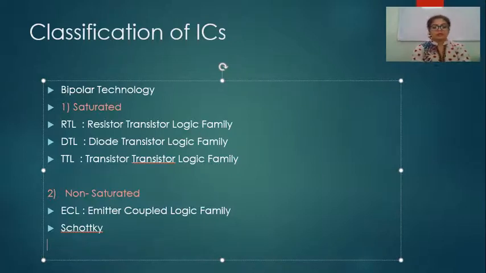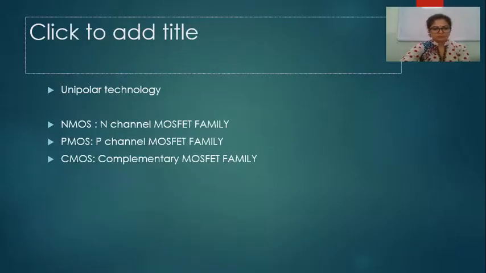So ECL operates at a very fast rate as compared to all other logic families. ECL is one of the families which operates at a very fast speed. The reason is it has a high number of fan-ins and fan-outs. In the next slide, I will show you fan-in and fan-out. Then it will be clear to you.